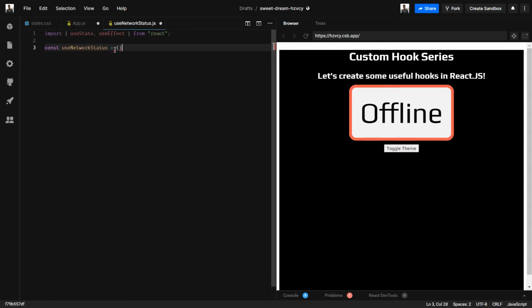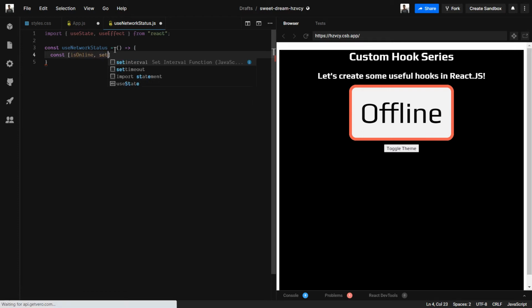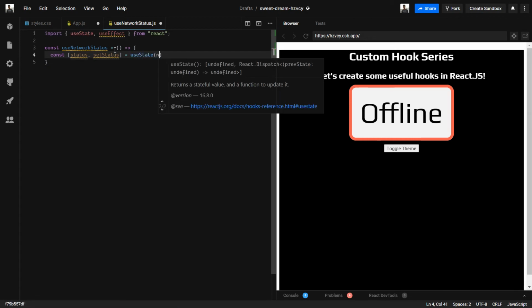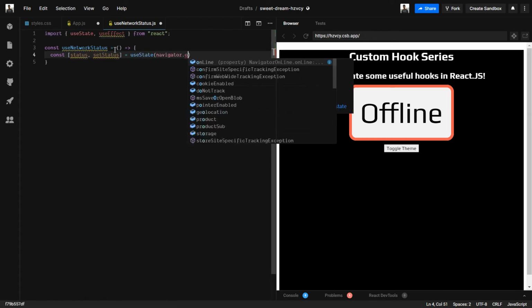So simply an arrow function, and in here I'll create a state. I will say it is online, or we can say status, and set status, equal to useState, and we will initially pass the navigator.onLine property.